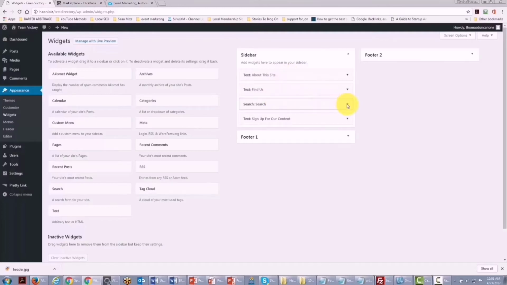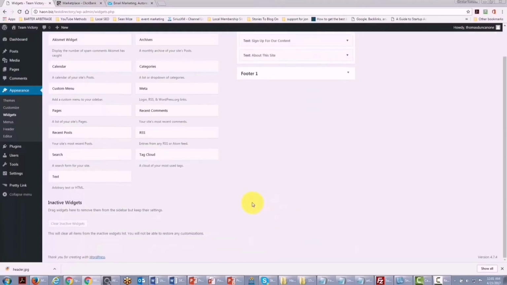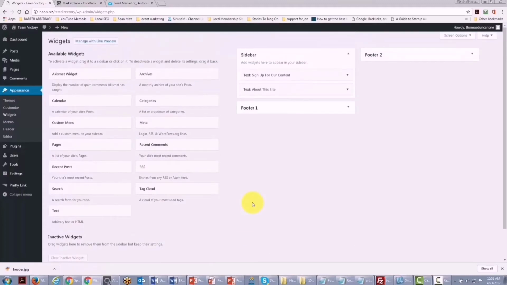And we may even want to take something out. Maybe we don't want a search box in. And maybe we don't even want the find us in. So we'll take that out. So now what we're going to do is take a look to see what our site